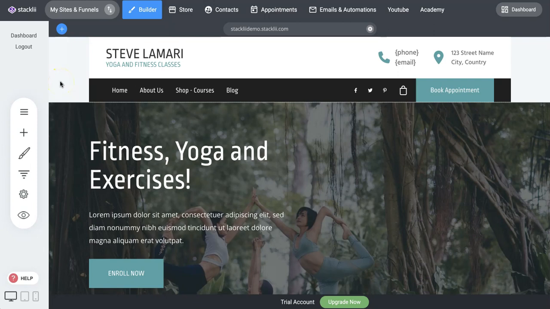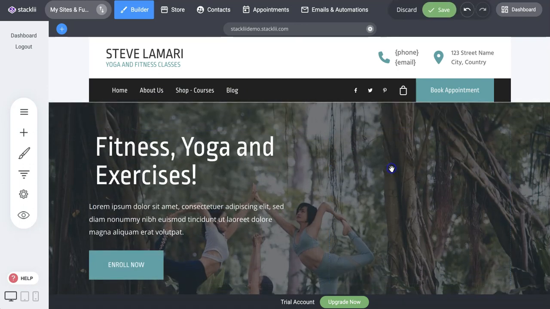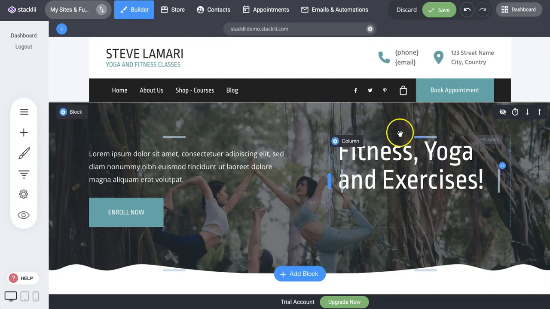Mobile optimization and editing in Stacklii is super simple. Let me show you how it is done. So your default editing view is for desktop, where you can adjust everything and move things around and edit for